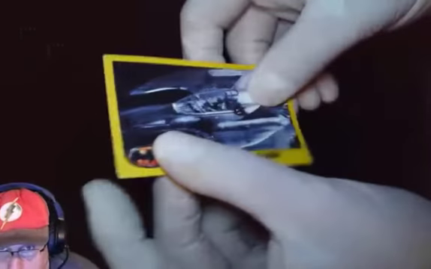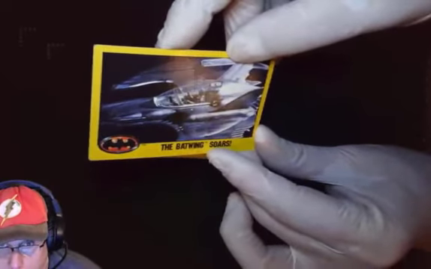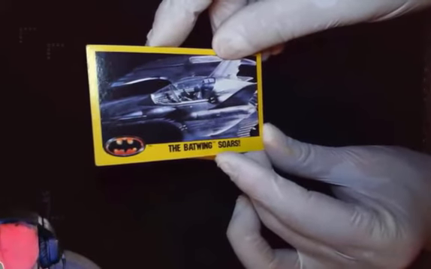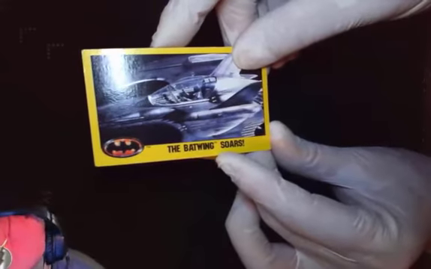All right, and we have another scene here. Really nice scene, one of my favorite scenes of the movie, with the Batwing soars. This is Batman's jet, the shape of a bat. Flip it over. It's Batman